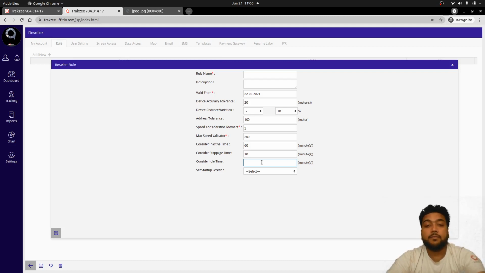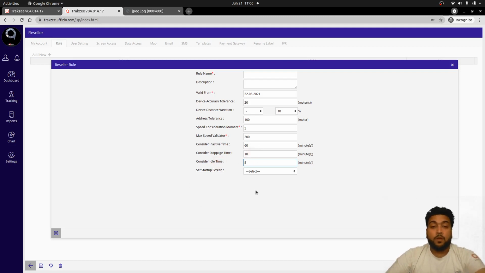So let's take an example. If you have entered 5 minutes over here, and your ignition is on for 5 minutes with the speed below the limit value, then after 5 minutes, the system will consider that vehicle as in the idle state. So this is how the inactive time, stoppage time, and idle time need to be configured in the software for understanding.